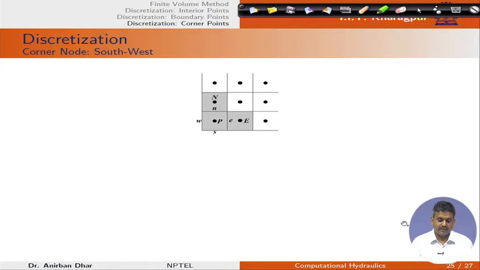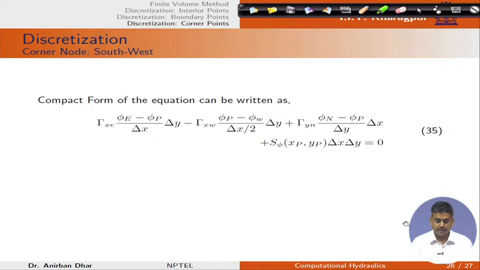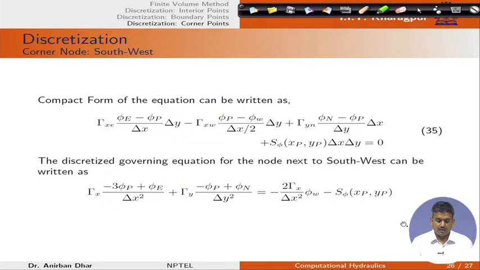Similarly, southwest we can write our equations. In this case, south face is forced to 0 and we have only north face available, and west face value we can transfer on the right hand side. With this